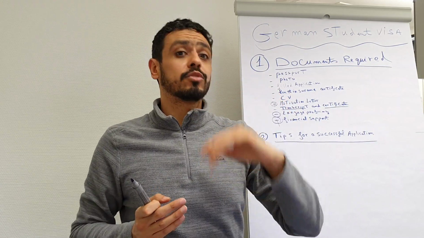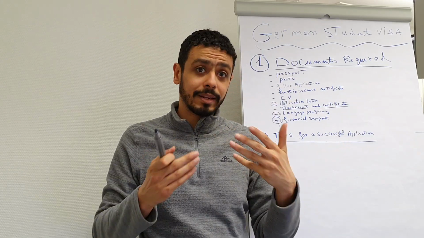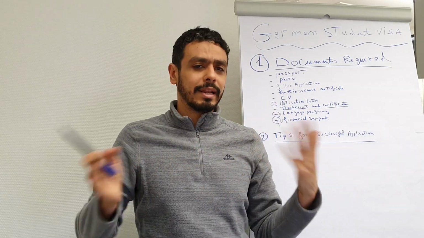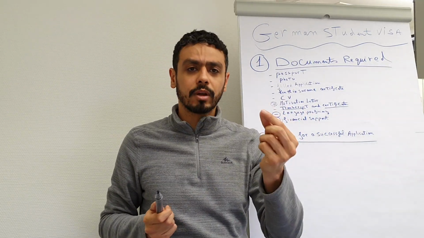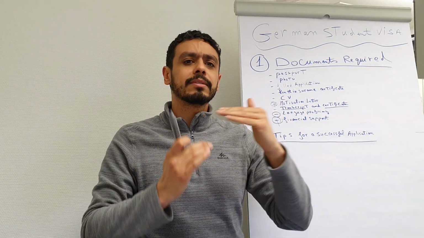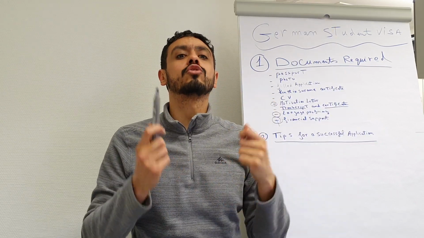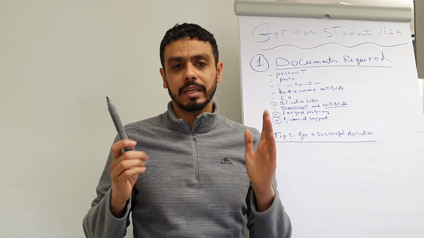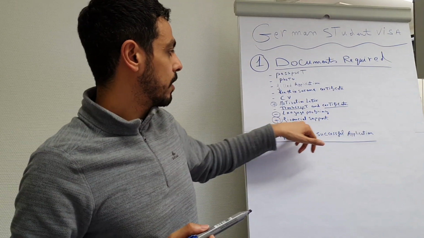So if you spend it all, that's okay. If you didn't spend it all and you have excess money, it will stay in your account. Let's say it will be 800 euros per month. So if you spend 600, then you have 200, and they stay in your account. It keeps going like that until the 12 months are finished. This is the idea of the blocked account, to secure that you have enough money every month to spend on your expenses in Germany. So, financial support.